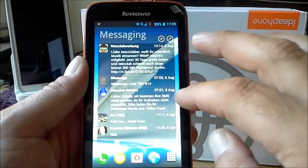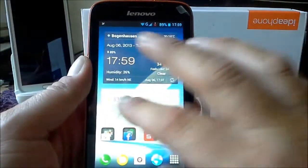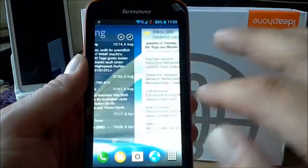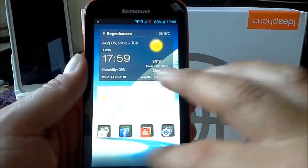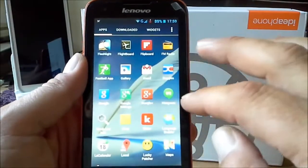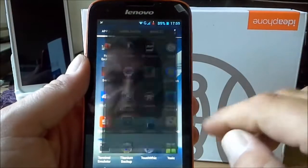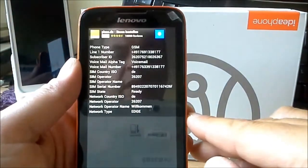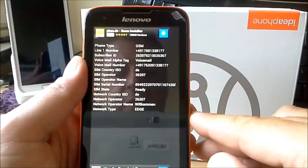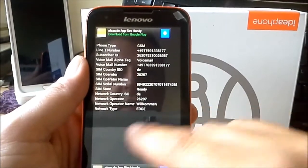You will see here we have installed on Apex some widgets and so on. We can take a look now here. This is a normal Apex launcher. You will know it, and you will see everything what we have. We have the SIM card information now here. It's a special SIM card for Germany called O2, and